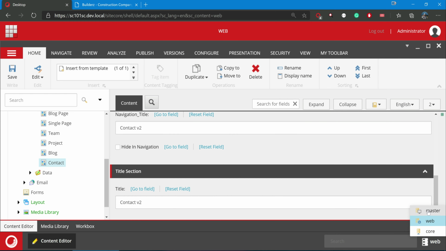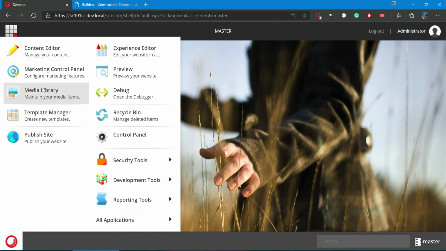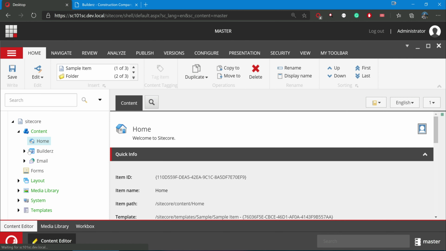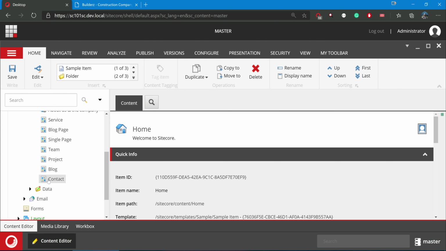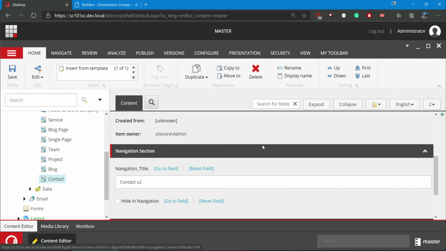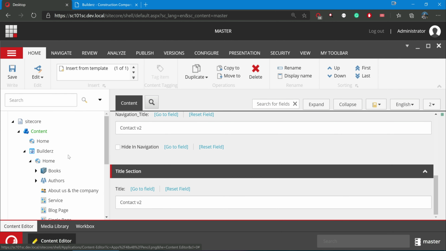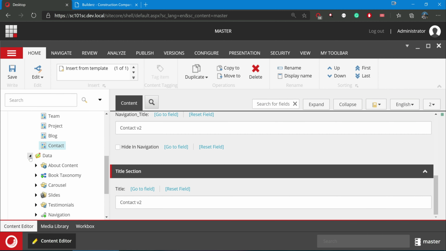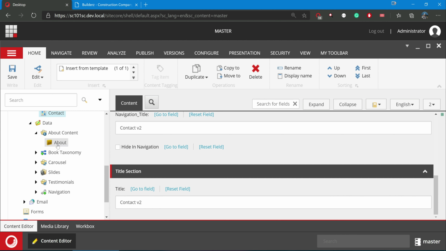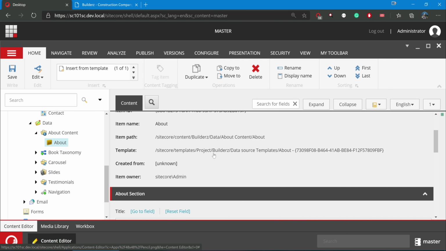Let's go back to here, master, and contact. This is not only the case for the page content we just saw, but it is also true for the other content, I mean data source and everything.